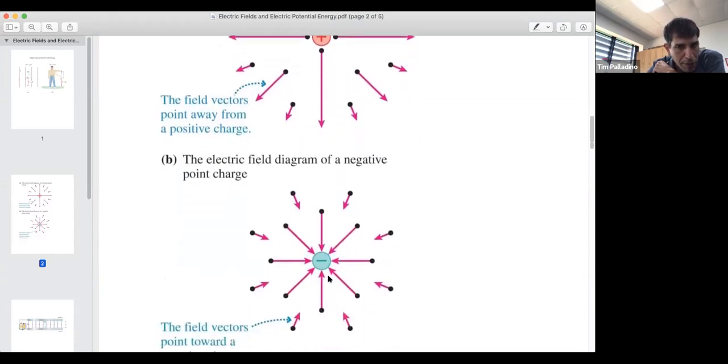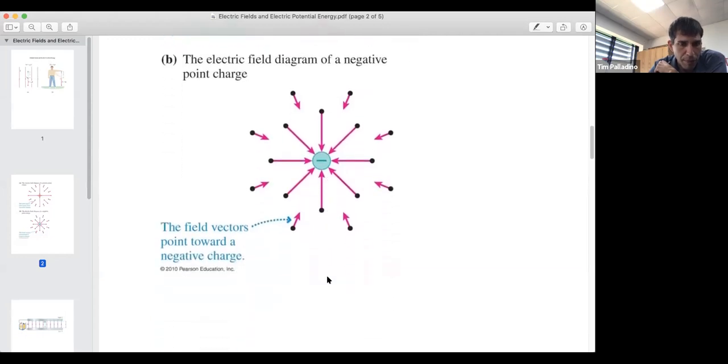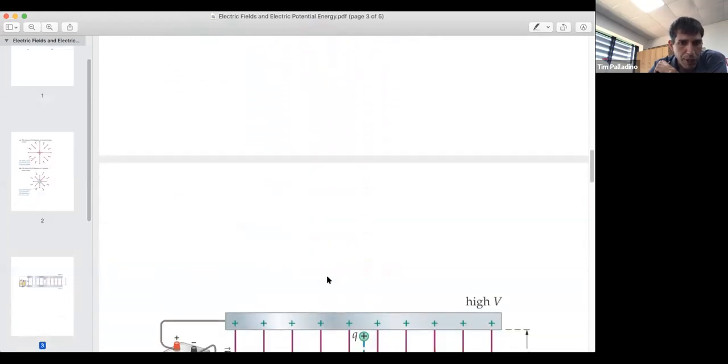The exact same thing happens with a negative charge. We draw the electric field vectors going towards the charge, y. Y is up, positive, and down, negative. It's just our convention, okay? The reason I'm bringing this up is we're going to start to think about